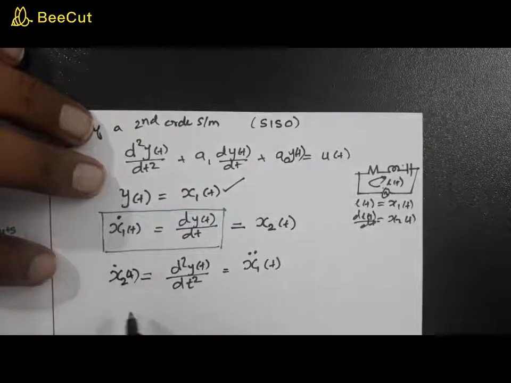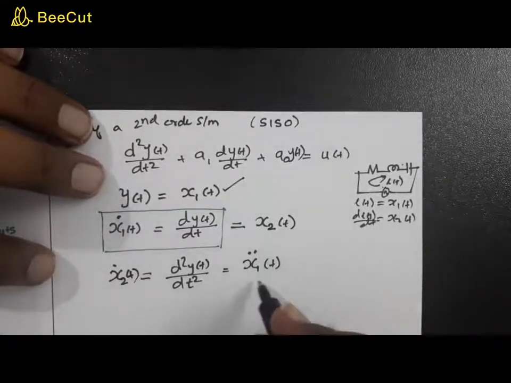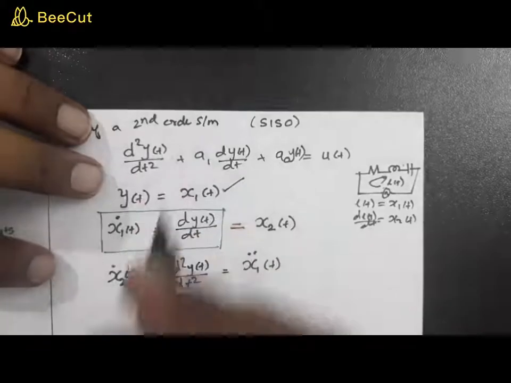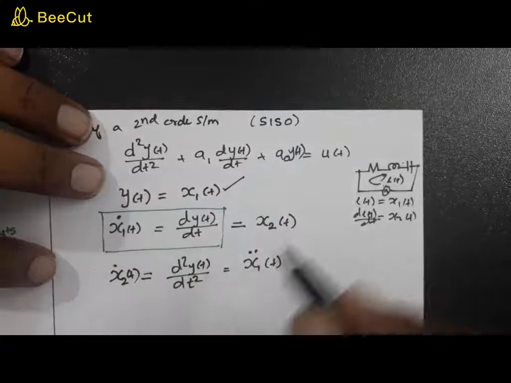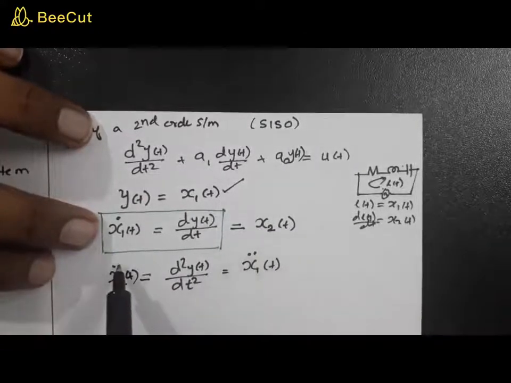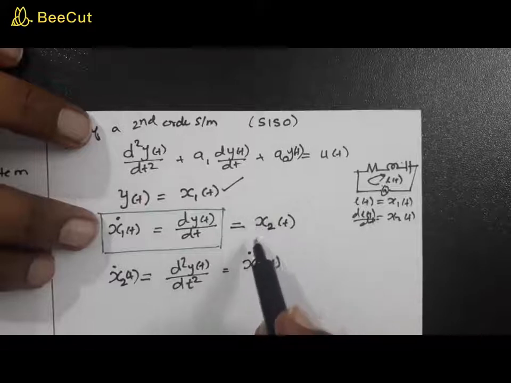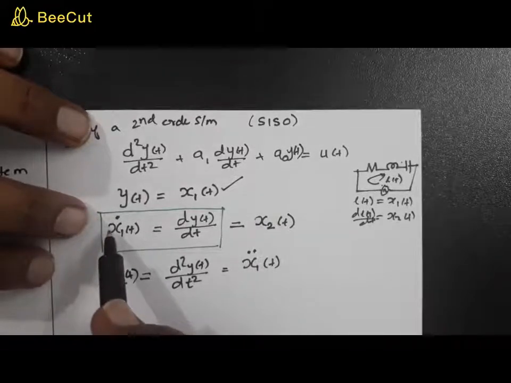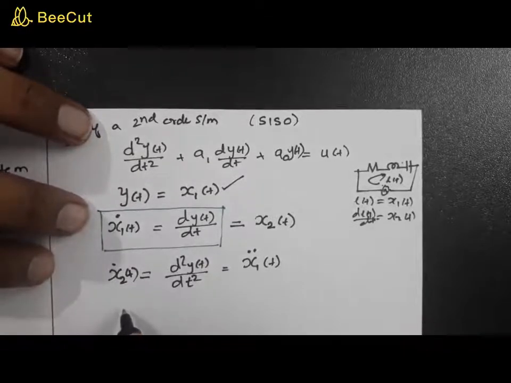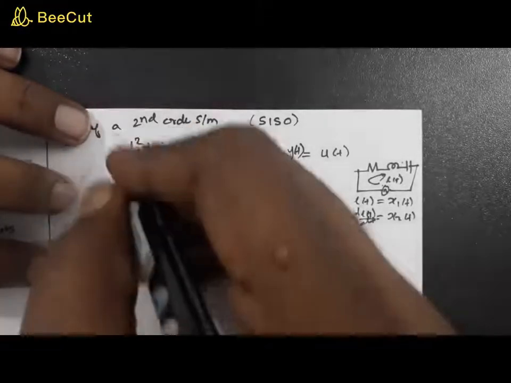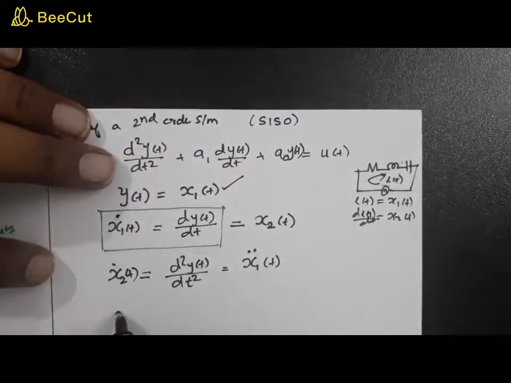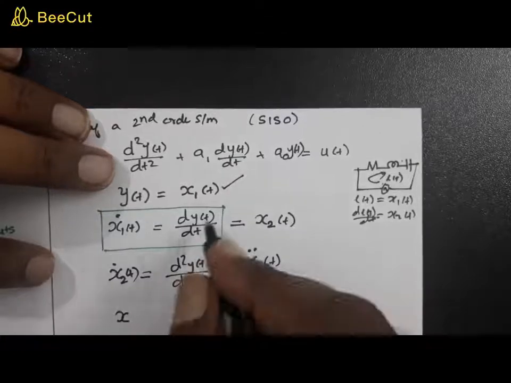This is x2 dot of t, which is actually x1 of t double dot, isn't it? So this is x2 of t, and x1 of t double dot means x2 of t single dot. It is as if you take the derivative of this, that is dx of x2 of t. So now substituting in this equation all these things which we have just seen,